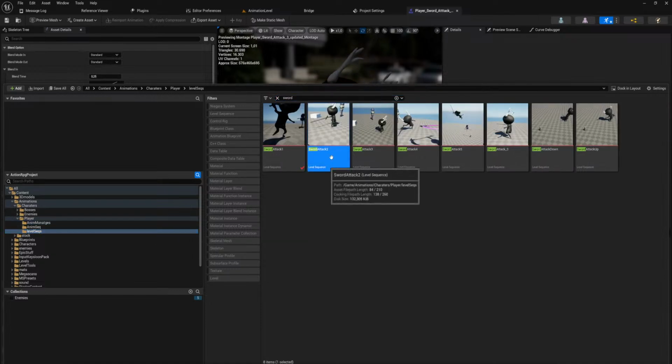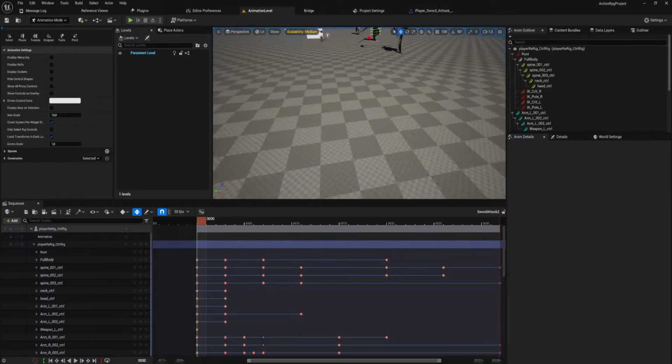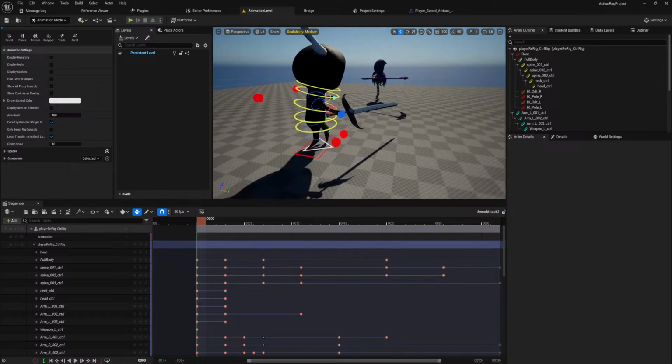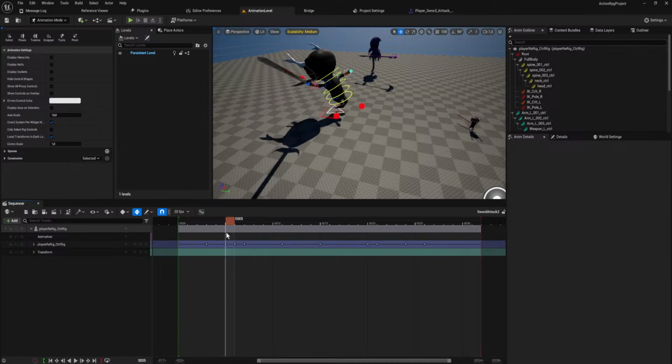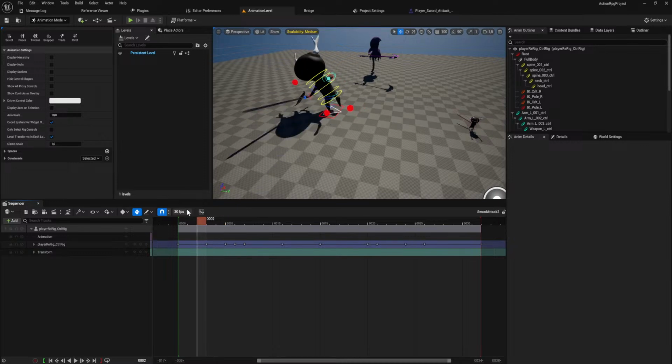So let's go to Sword Attack 2 next, where we already have fewer keyframes, so that's a good thing. Let's increase this to 120.